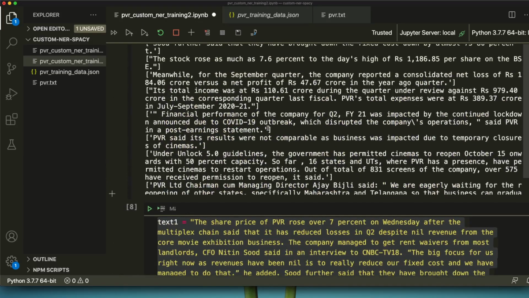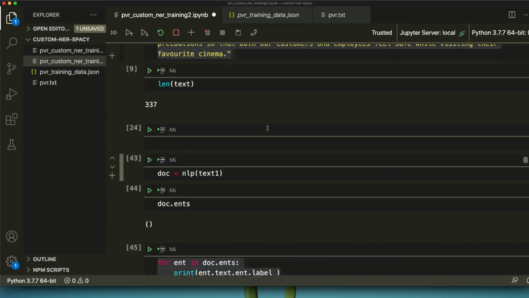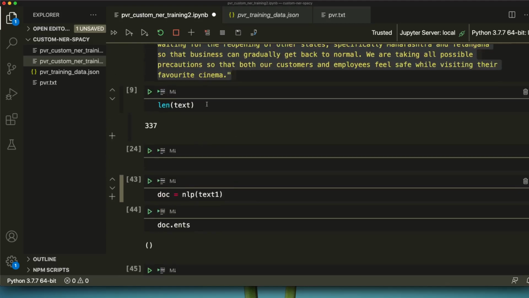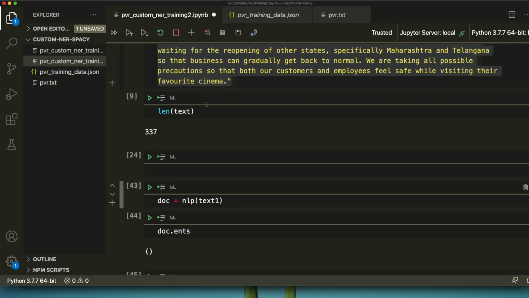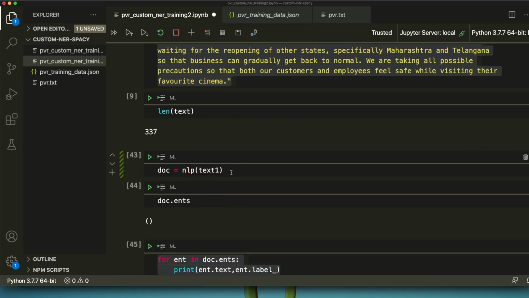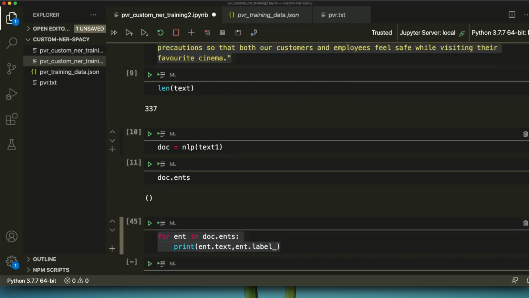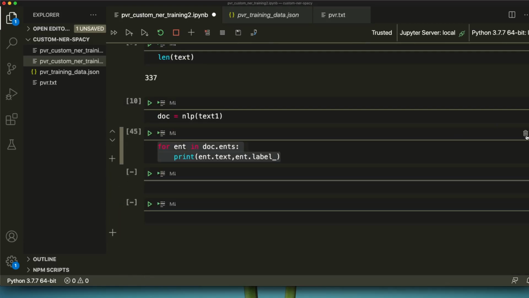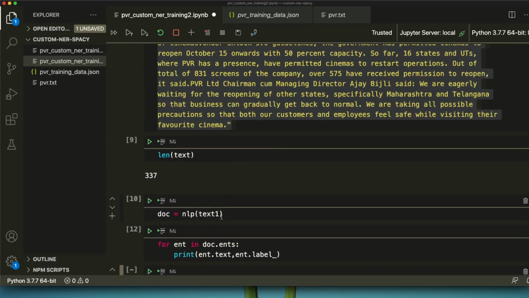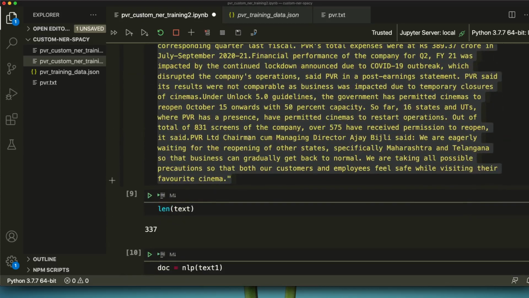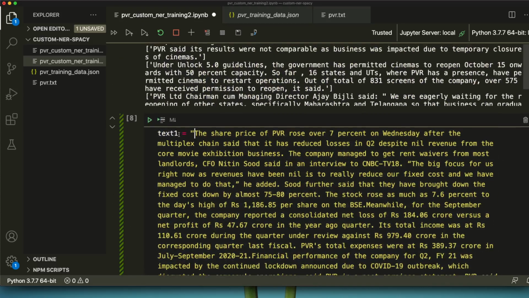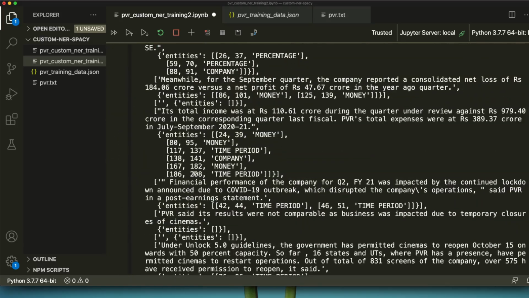We have got text 1 and we have got text. Just to make sure that we have got text and doc, let's run. Oh, still, yeah, it's because we have text 1. Let me just call it.